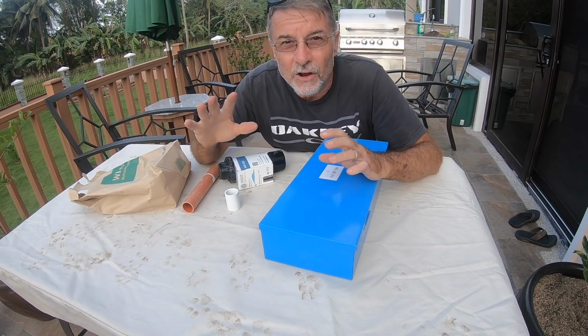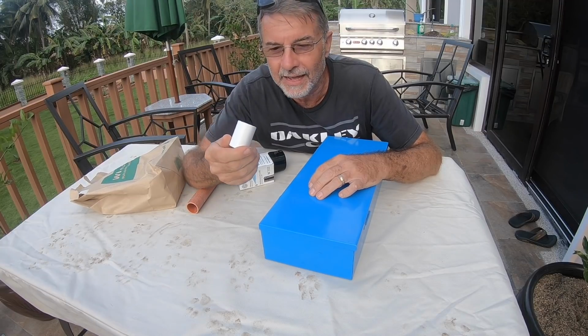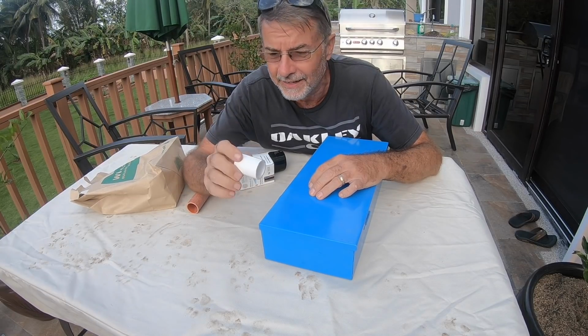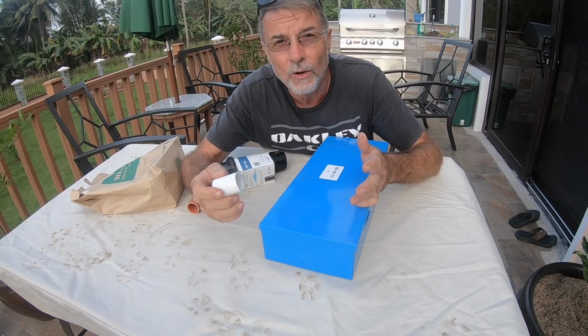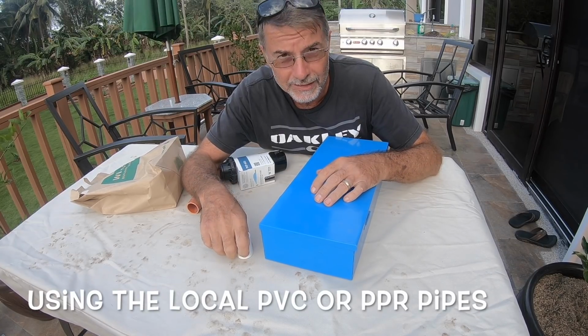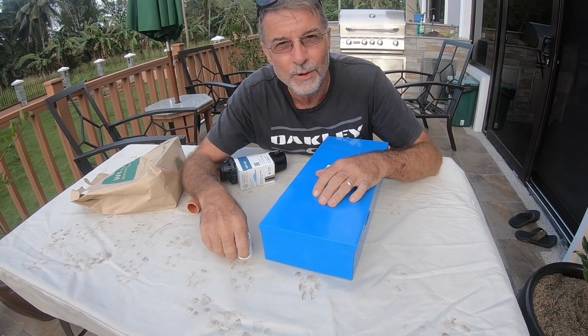So now we can overcome all the problems. We could change. We won't be able to use any of these if I can't find suitable adapters online. But we can do all either PVC or we can do all PPR pipe for the yard. PPR is kind of overkill. It's kind of expensive, but it's a really good secure system,